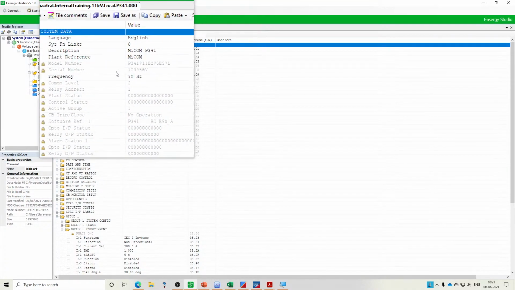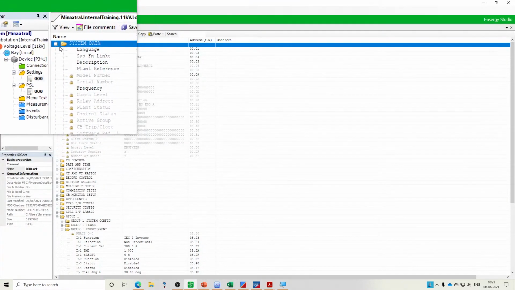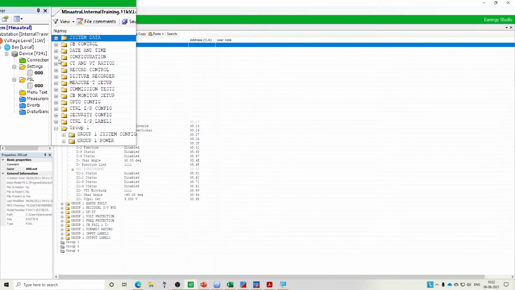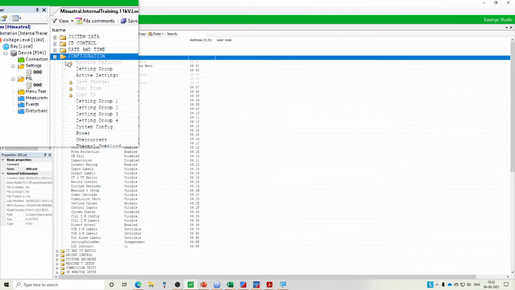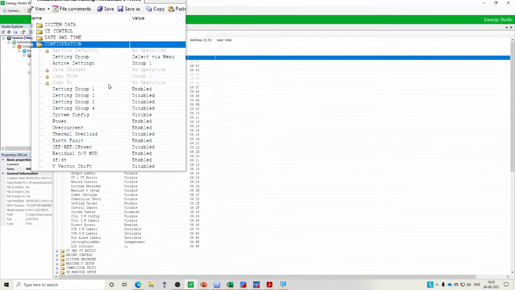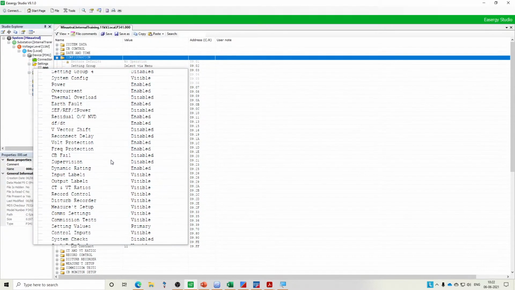What is the relay type? What is the relay model? What is the frequency? So on and so forth. But as soon as we pick up any particular protection relay, the first thing we need to do is decide what protection elements we want. So here, in terms of a MiCOM P341, you can see